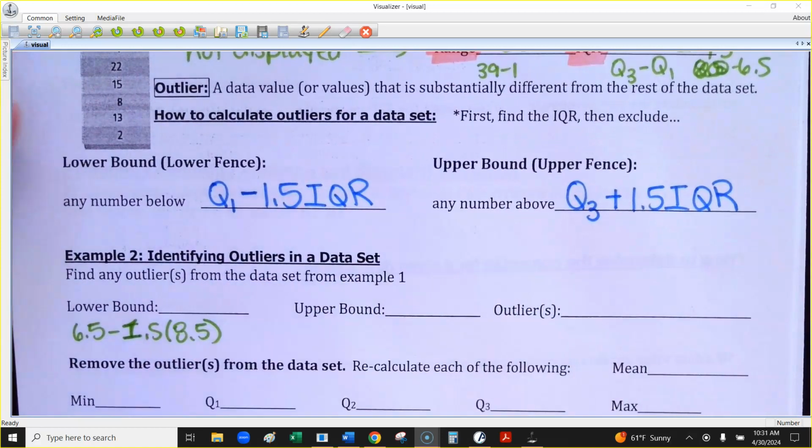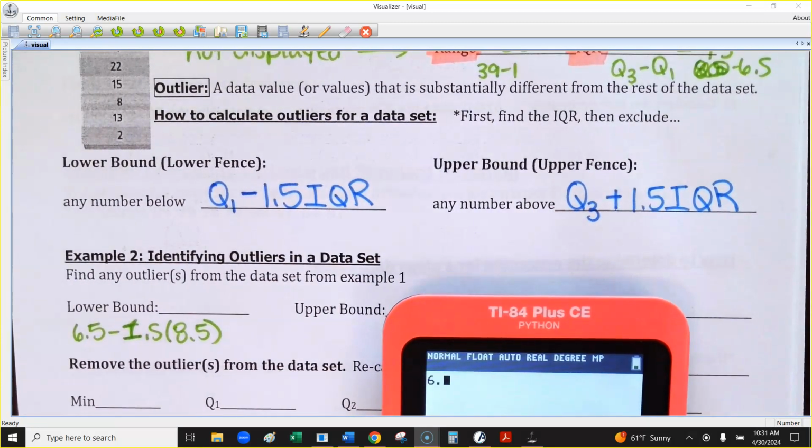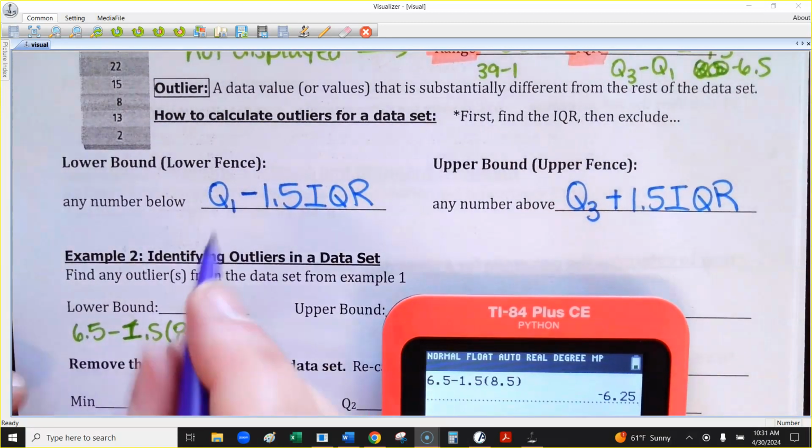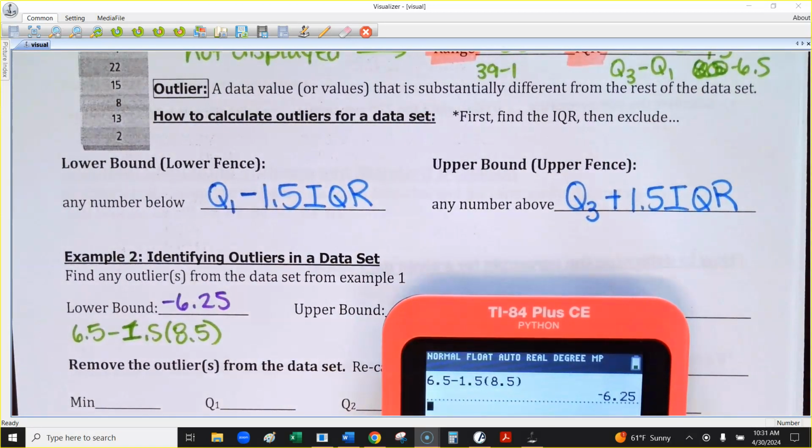Now, sometimes, and this is going to be the case here, that number might actually be negative, and obviously none of the data values were negative here, but I'll just show you so you know what the lower bound would be. 1.5 times 8.5 real quick here. This is negative 6.25. So there's no data value that's below that,